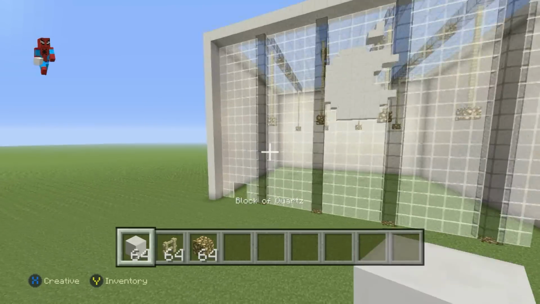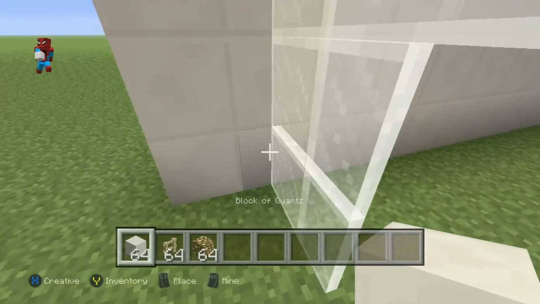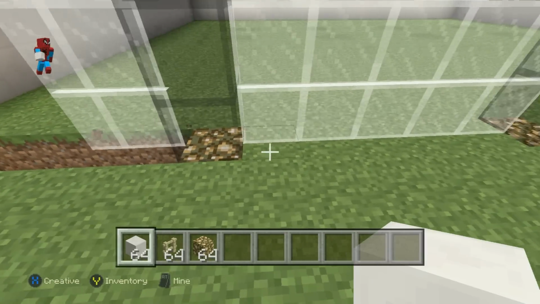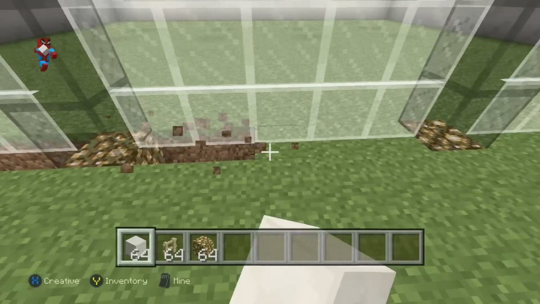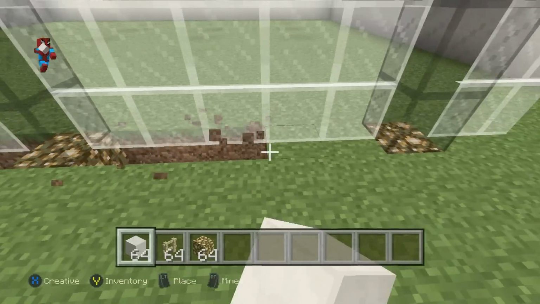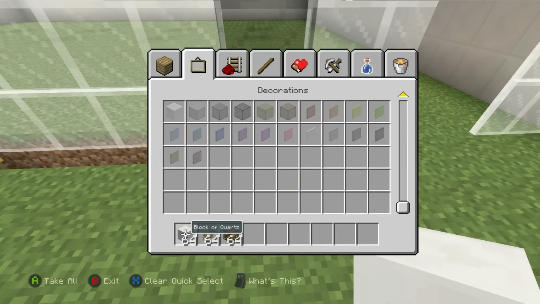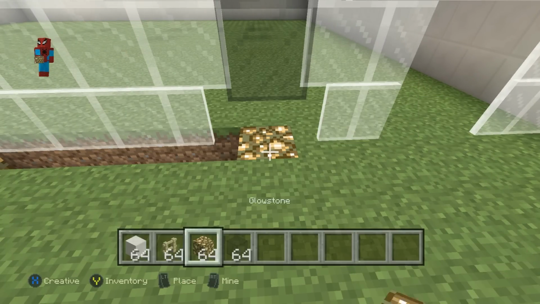Once you've got all the lighting taken care of, this is what you want to do next. The next order of business is for us to completely fill in the floor of the Apple building. That's right, we actually have to do the floor. This is going to take a little bit of time, and I've just smashed that glass. I should probably replace it. I'm going to need a black stained glass block. There we go.